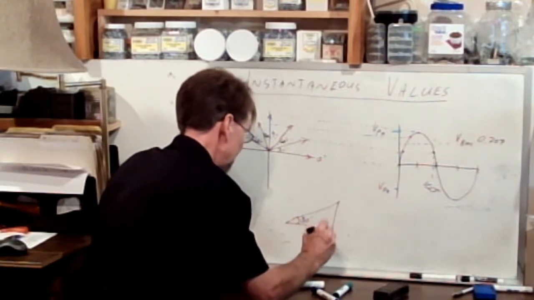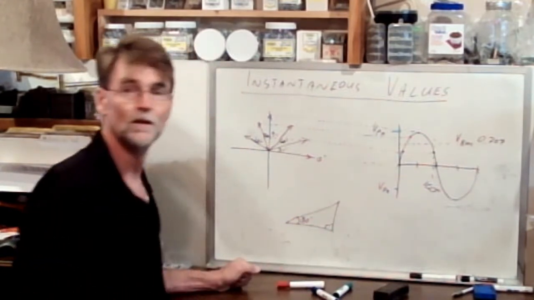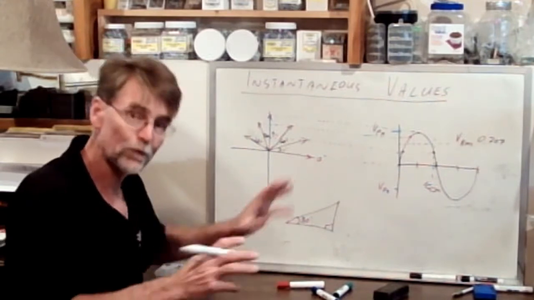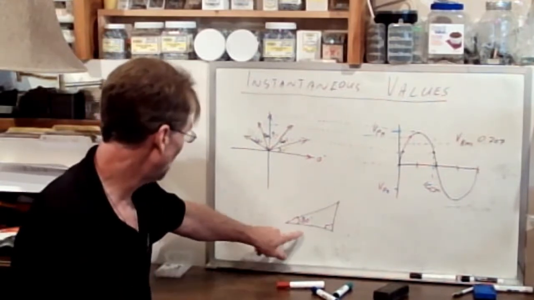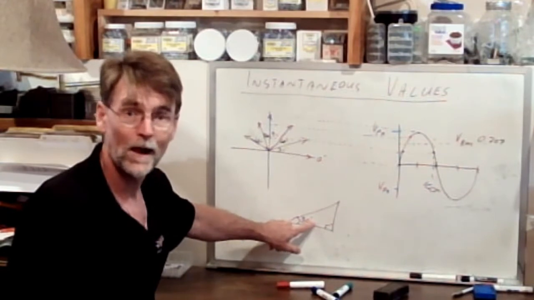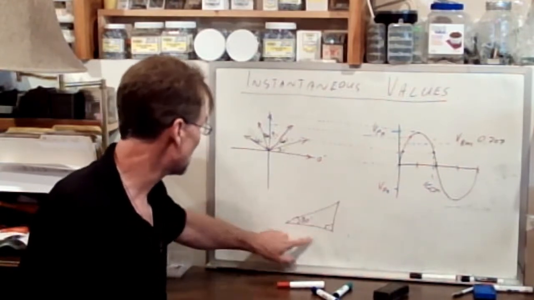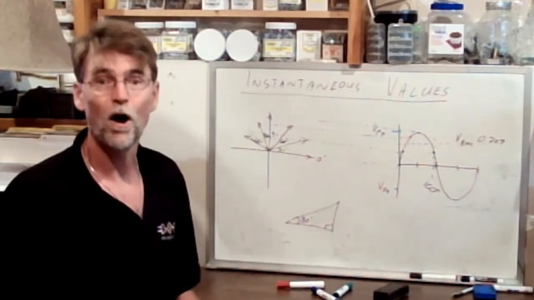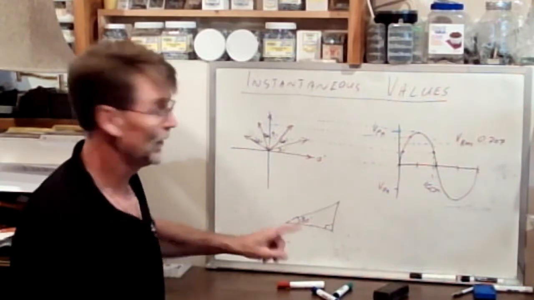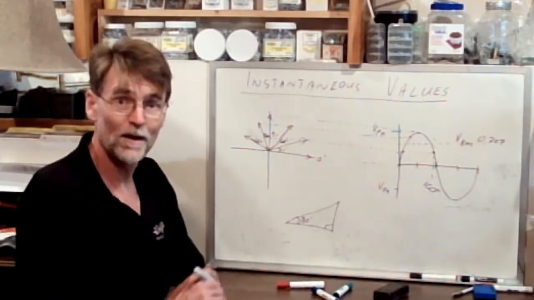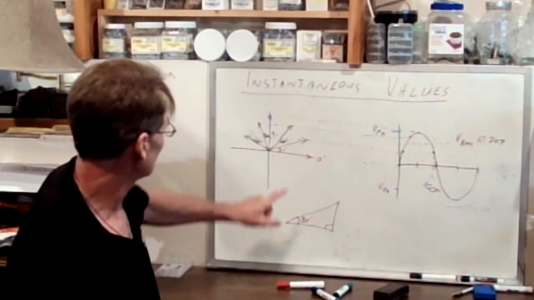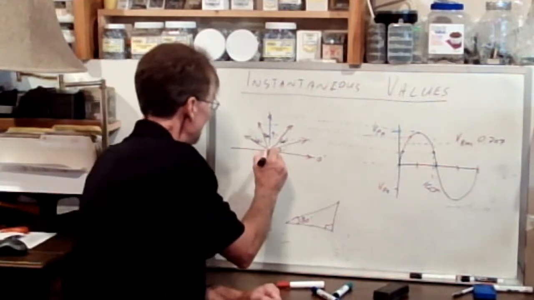30 degrees, right angle triangle. But I don't have any numbers. Okay, for a right angle triangle, we only need two, right? I've got one, 30 degrees. I need the length of a side, and I can figure out all of my variables. Well, in fact, I do know the length of one of my sides. Well, I don't because I haven't put any numbers on here. But this vector,